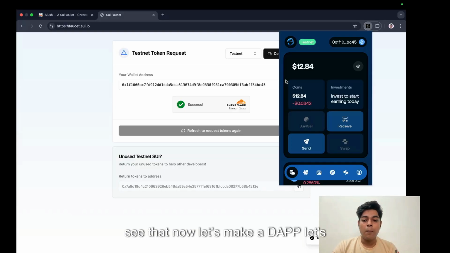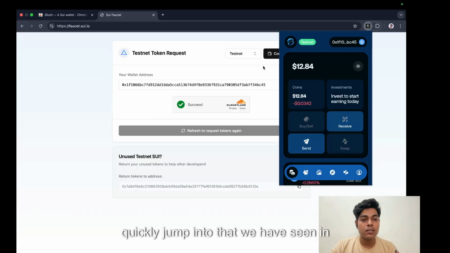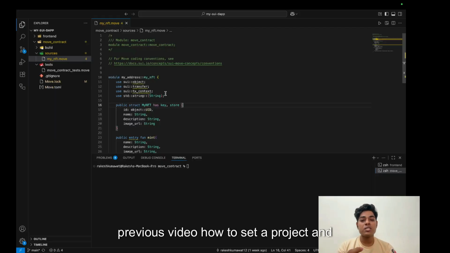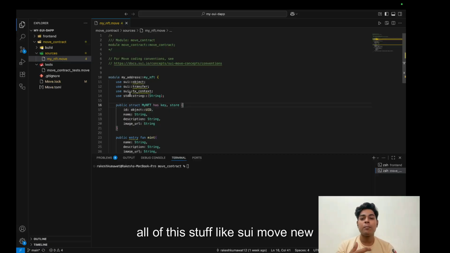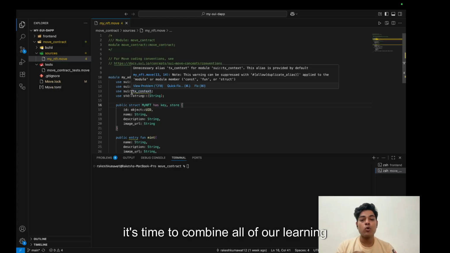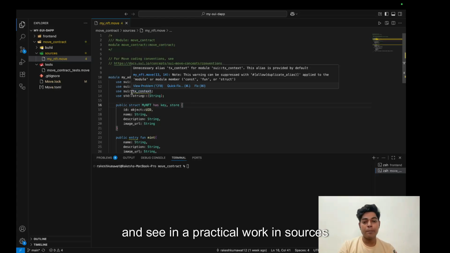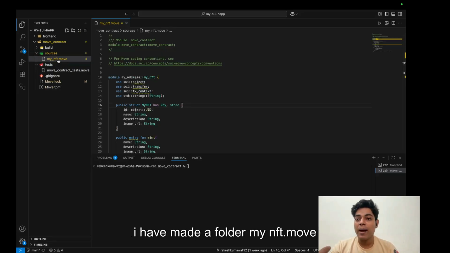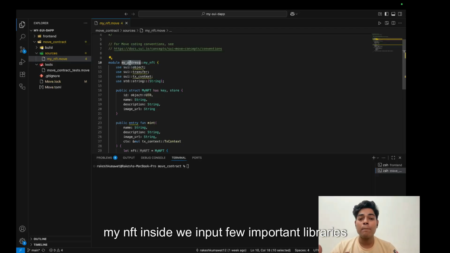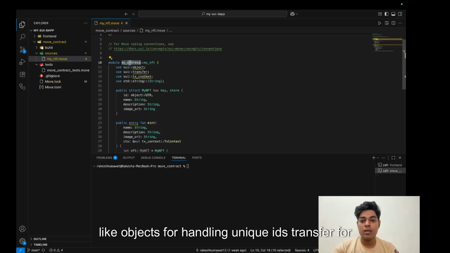Now let's make a dApp. Let's quickly jump into that. We have seen in previous videos how to set up a project and all of the stuff like Sui Move contracts. Now it's time to combine all of our learning and see it in practical work. In sources, I have made a file mynft.move. Then first we have defined a module called mynft. Inside, we import a few important libraries like